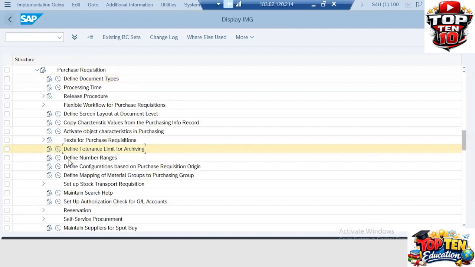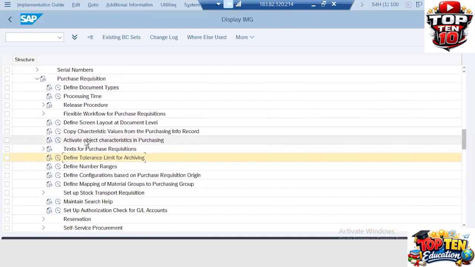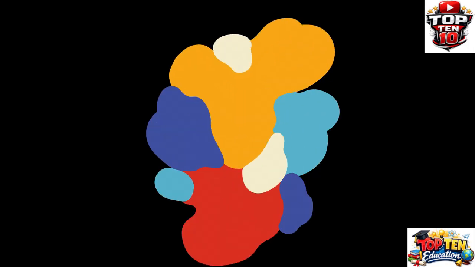Go backside. So like basic configuration we have made the number range, the screen layout, and the document type itself. Now we can utilize